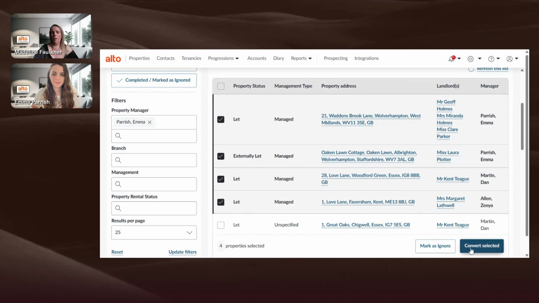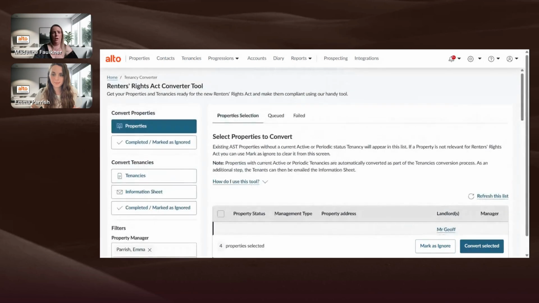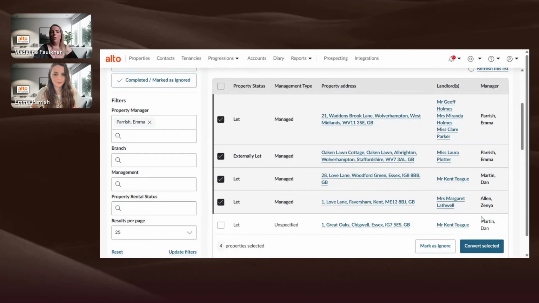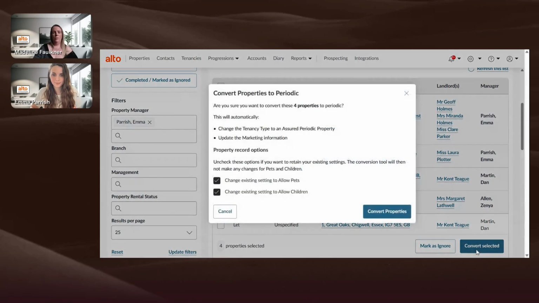Okay, we'll do convert selected, but just to highlight at the top here, you've also got the tab that shows the ones that are queuing to convert, and then you've also got the ones that have failed to convert as well. Select your convert selected, and then you've got here 4 properties that we want to convert. It's going to automatically change the tenancy type to an assured periodic property. It's going to update your marketing information, but you've also got the option to unselect this and not have that change as well. Once you've selected convert properties,